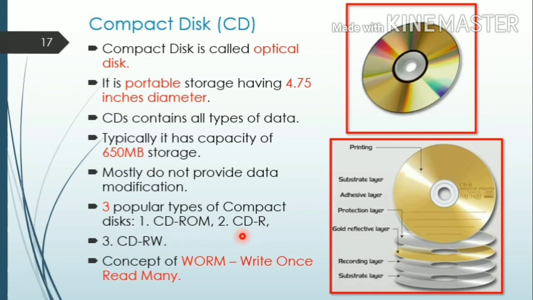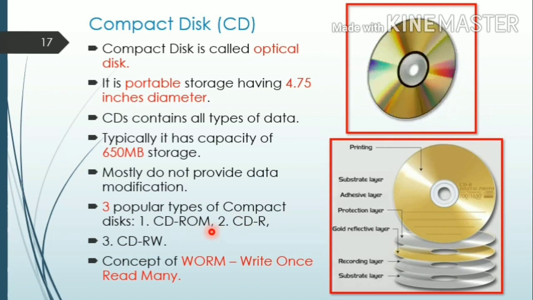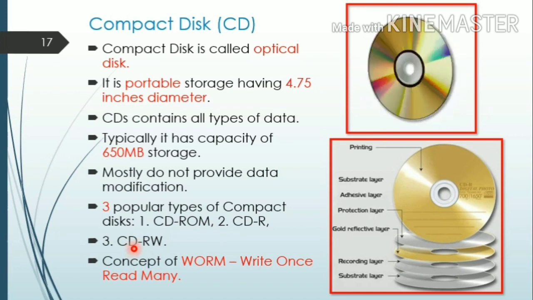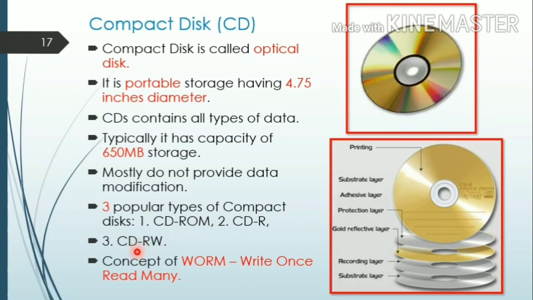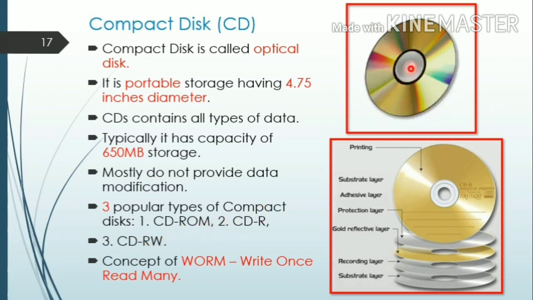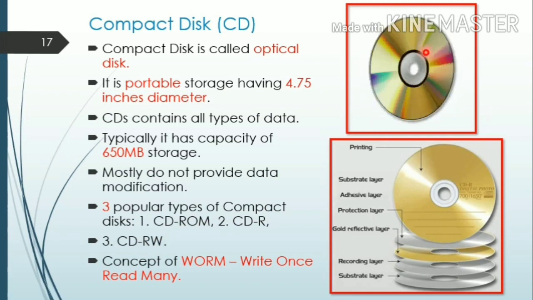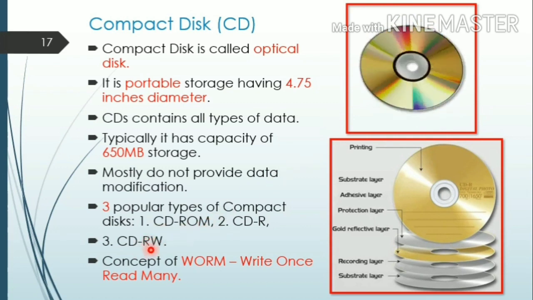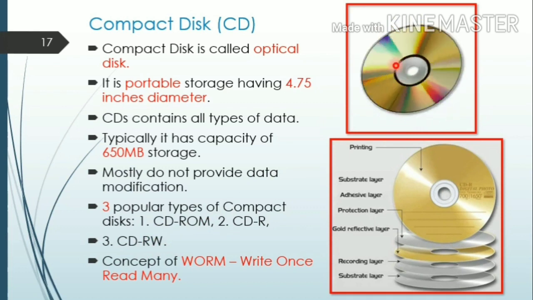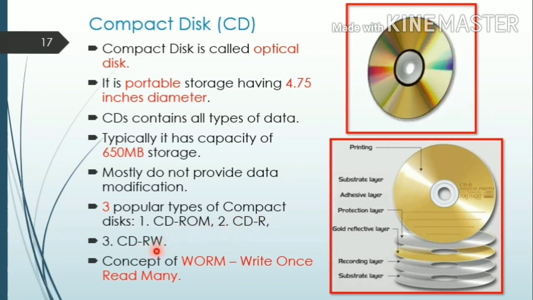The three most popular compact discs are CD-ROM, CD-R, and the third is CD-RW. Now, CD-ROM and CD-R are almost the same. Both are only recordable. But CD-RW is rewritable. We call it compact disc rewritable. What is the difference between these two? The glowing surface of a CD-R is always yellow or gold shaded, but in a CD-RW the surface is grayish. That is the difference between CD-ROM, CD-R and CD-RW.